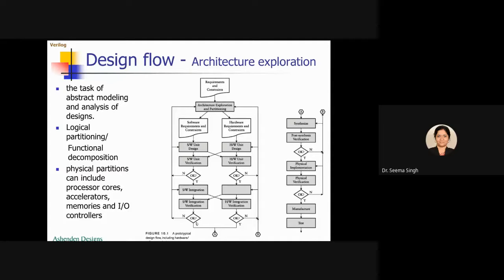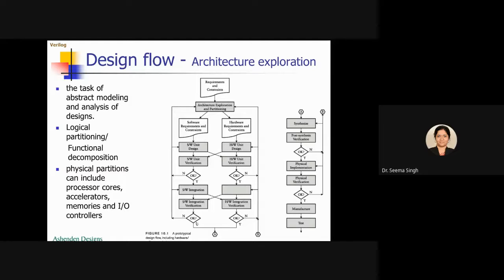We divide the problem into various partitions like physical partition, logical partition. When we do this, it is easy for the designer to give a more optimized and better solution. But of course, the components interact with one another to complete the overall task of the system. When we are working at the abstract level of architecture exploration, the component need not always be a physical part of the system. So it can be logical partitioning.